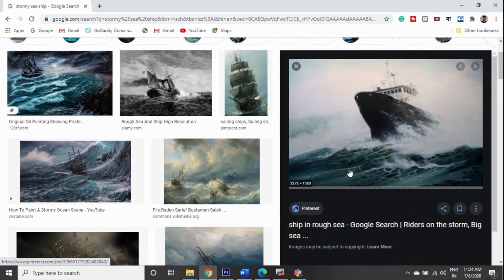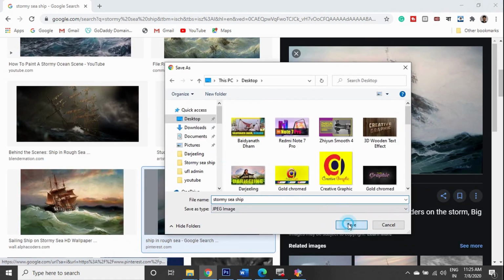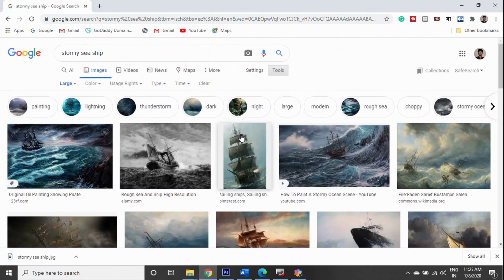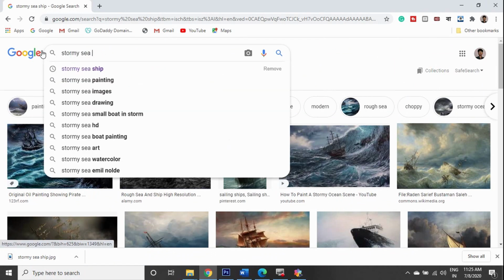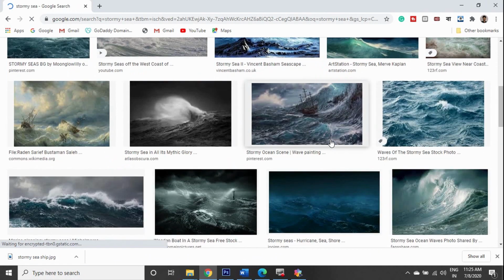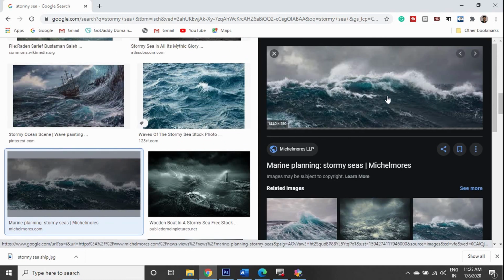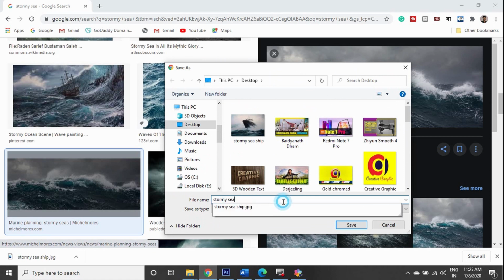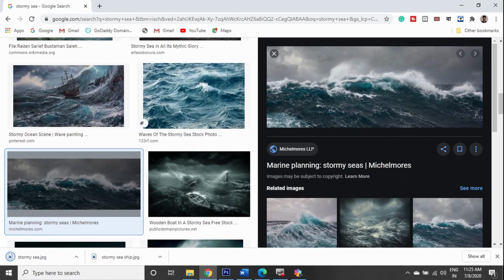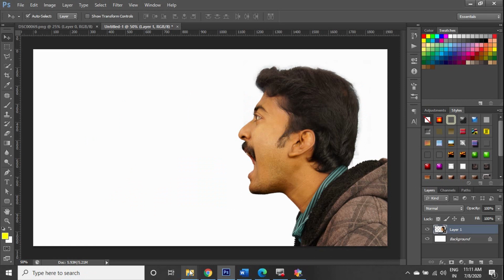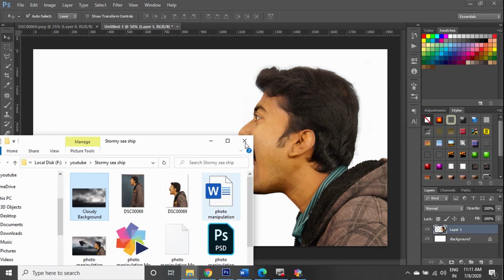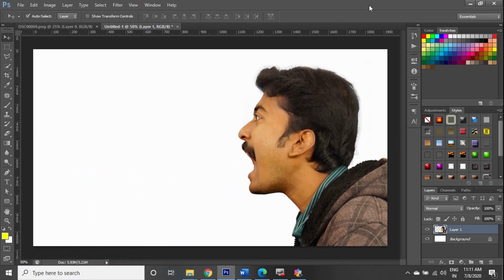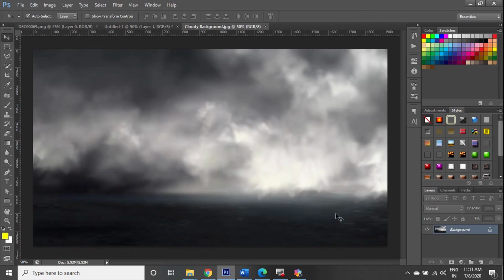Friends, I have already downloaded these 3 images, but I am showing you one more time. Then import this cloudy sea image between the background layer and the portrait layer.